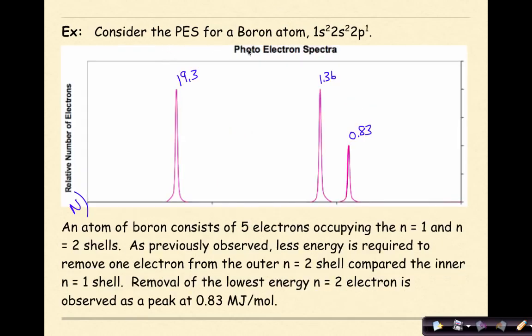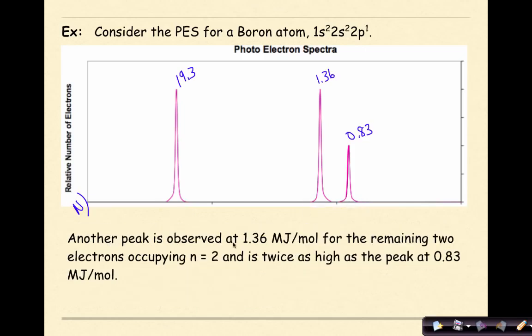Consider the PES for a boron atom, 1s2, 2s2, 2p1. An atom of boron consists of 5 electrons occupying the first and the second shells. As previously observed, less energy is required to remove one electron from the outer second shell compared to the inner first shell. Removal of the lowest energy electron in the second shell is observed as a peak of 0.83 megajoules per mole. So this would represent my electrons in the first shell, and this represents the electrons in the second